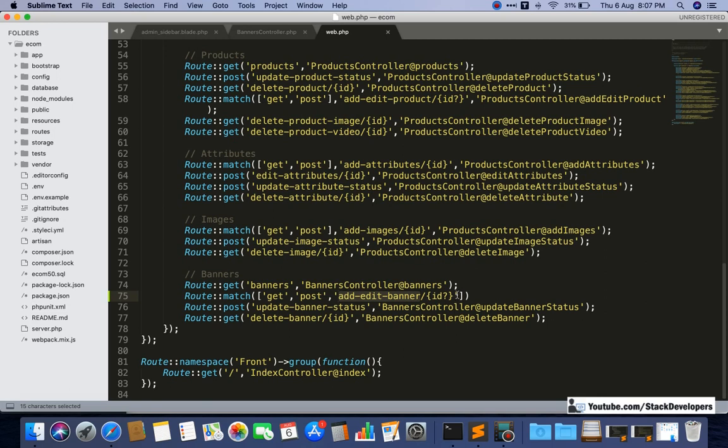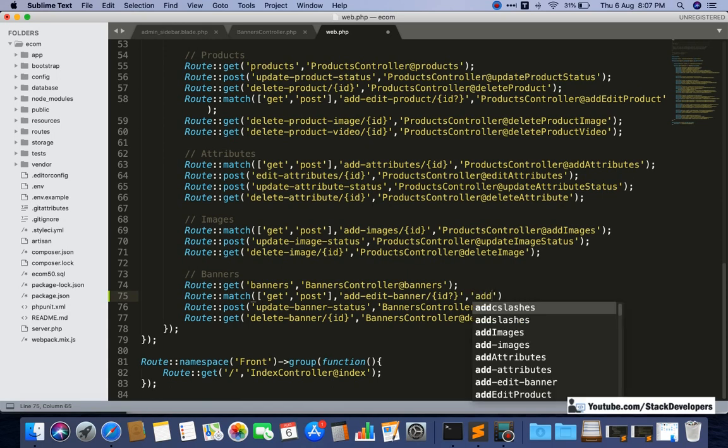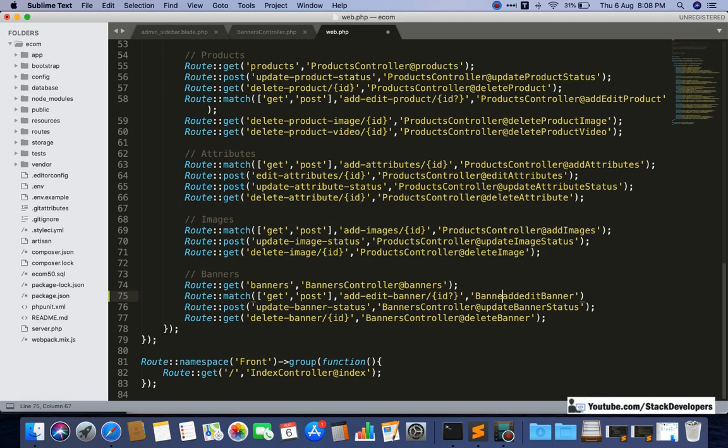So this one, and after that, one mistake we have made here: get and post need to be in an array here, okay. So now it is fine. Now here we can add the function that we are going to add in our next step, add edit banner, okay. So here we need to add the banners controller.